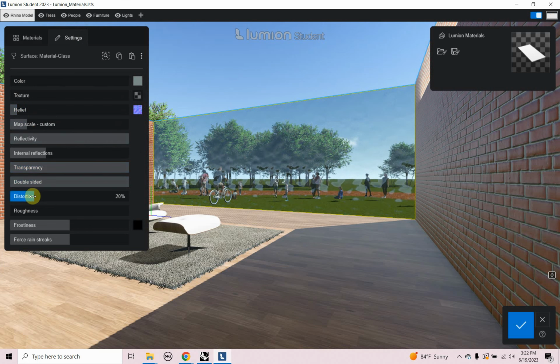It has a distortion too that I'm not seeing a whole lot, a little bit happening there, but let's make the relief a little bit smaller. Okay, and we're going to see this better when we get some reflections on it. So let's go ahead and,